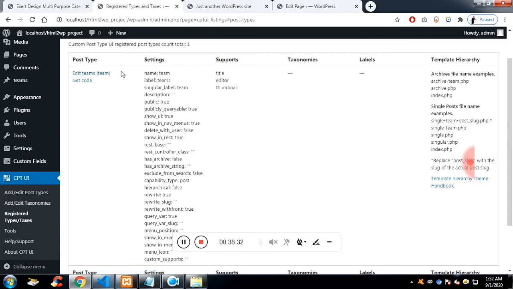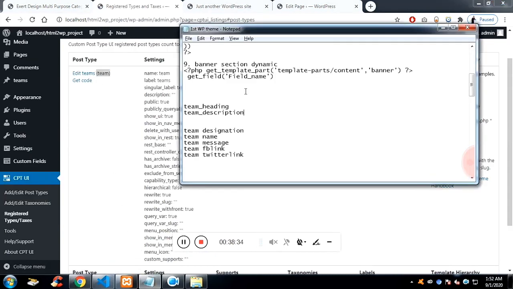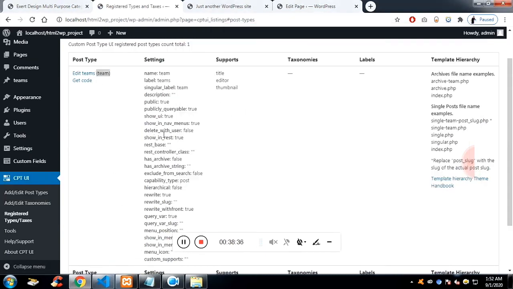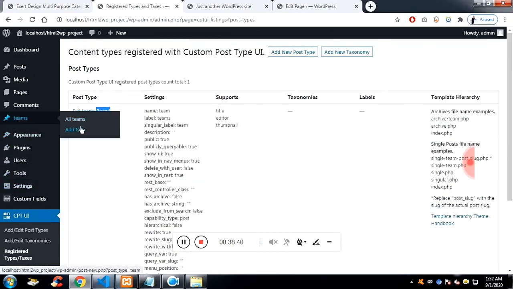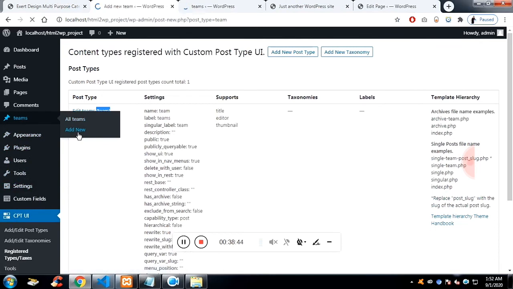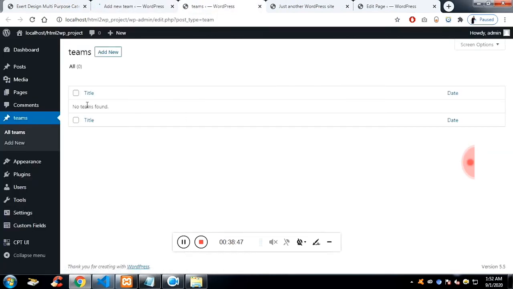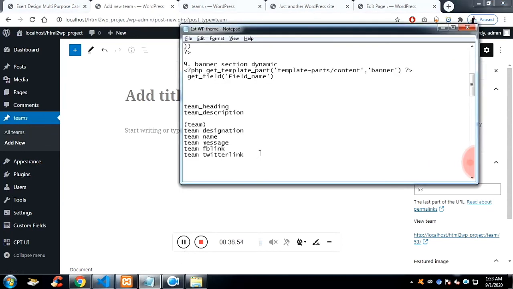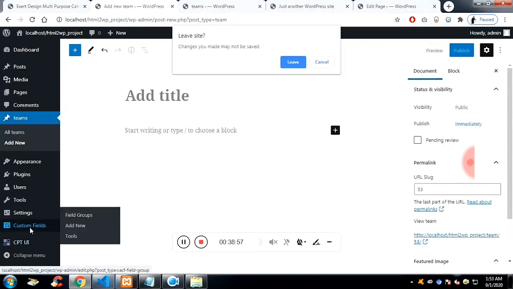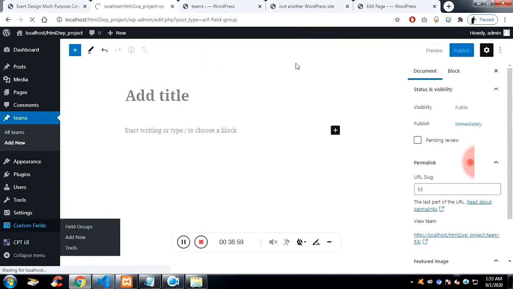Now we are creating a custom post type which we have created right now. Now if you see, it's none. It has nothing. And in the page of add team, it is also blank. So we'll add custom fields for this post type. How are we going to do it? The same way,